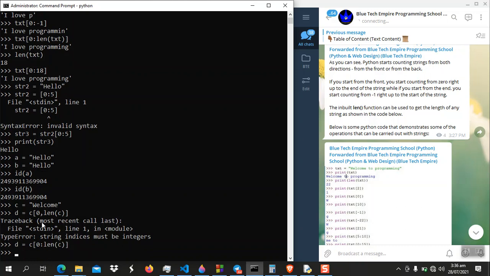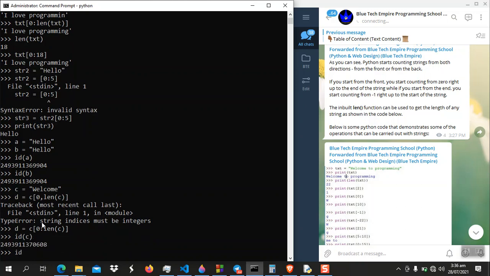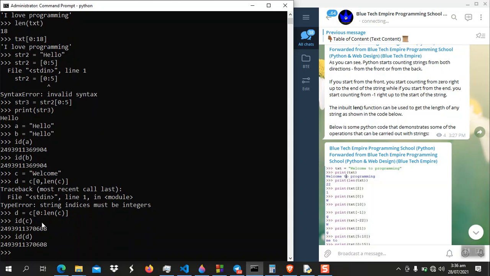All right, let's now look at the memory location of c and d. id(c), id(d). All right, so here we see Python still saved it in the same memory location. I don't know why. It's not supposed to be that way. Normally, if you want to copy